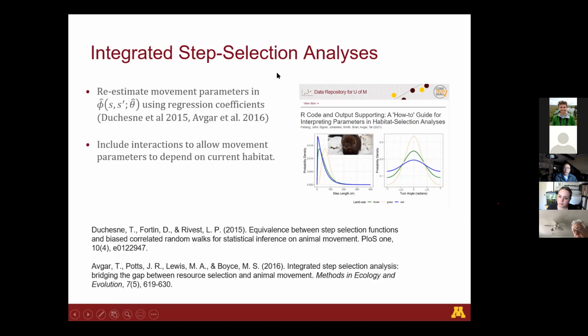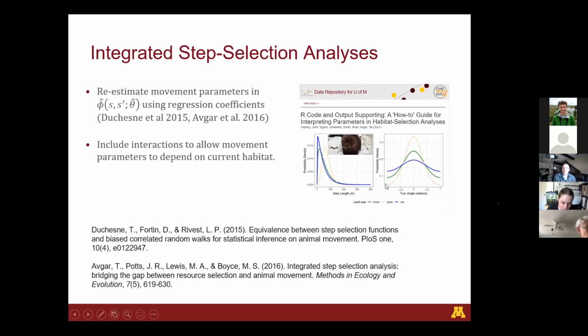The other thing we can do is include interactions between these movement characteristics and habitat characteristics associated with where the animal is at the start of the movement step, so that we can actually have a model where the movement kernel, this movement piece, depends on the habitat the individual is in. So again, all of this is worked out in our supplementary appendices, which are archived at the data repository of